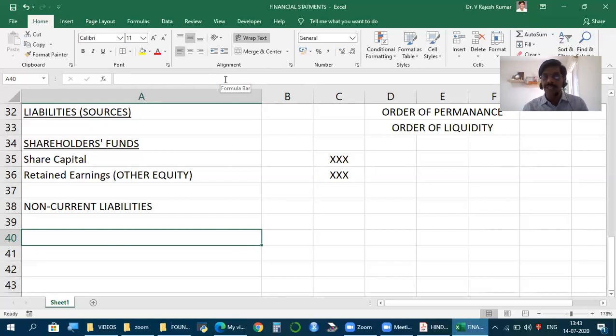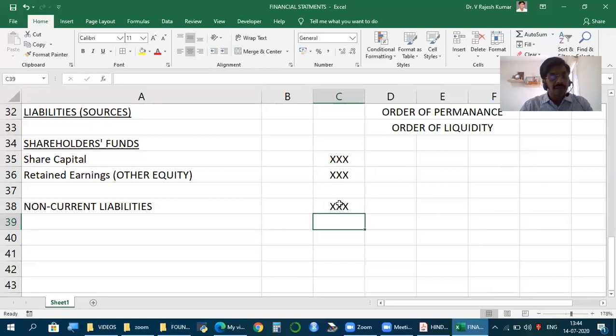So let's say the operating cycle is 6 months. So if you borrow a loan for a period more than 6 months, it is long term. Mind you, earlier the same would have been short term, but now it is long term. Anything within the operating cycle is short term. So this is non-current liabilities.